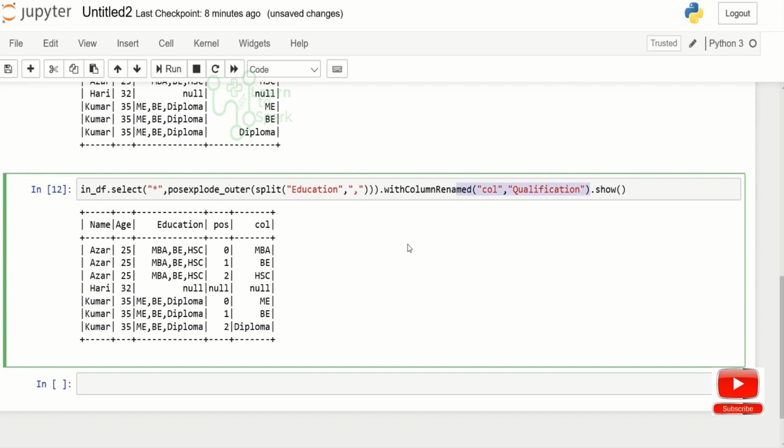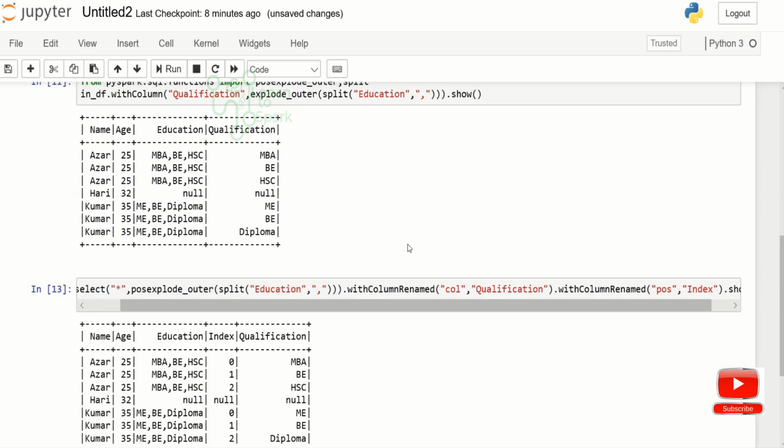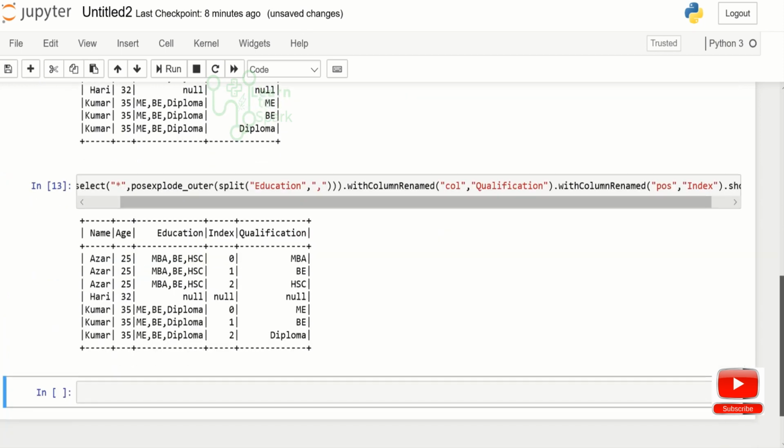And again I am using withColumnRenamed for the other column. Here I will give pos and index. So now we can see the column has been renamed.